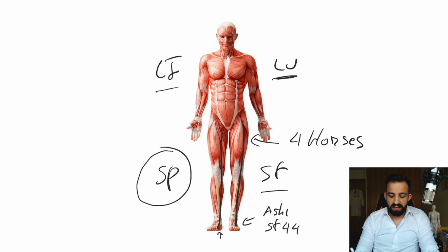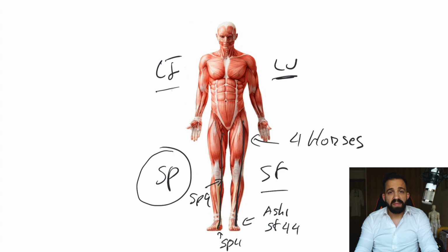I might use here spleen 4 because we know it is very good to treat the stomach and also to clear dampness and heat. I will also look for ashy points around the foot because it is a very good image for the face. Along with this, I might add here spleen 9, and we will see why later on when we get to the lung channel, because there's a very good combination of points we can use which will help us in this